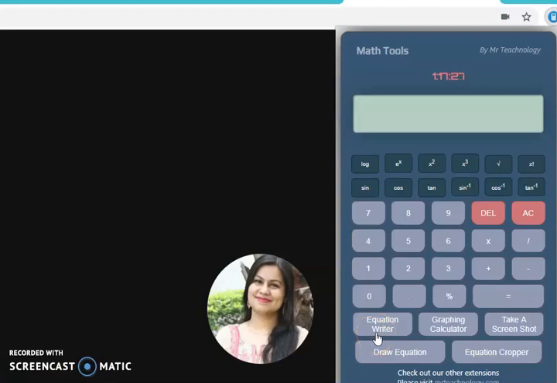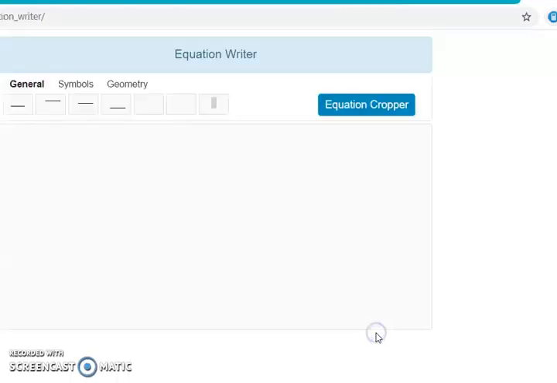Clicking on this equation writer will take you to another tab, and here you have different options and you can type whatever you like. For example, I have selected this fraction. Now I can enter some content here. In a similar way we can select something else like this.